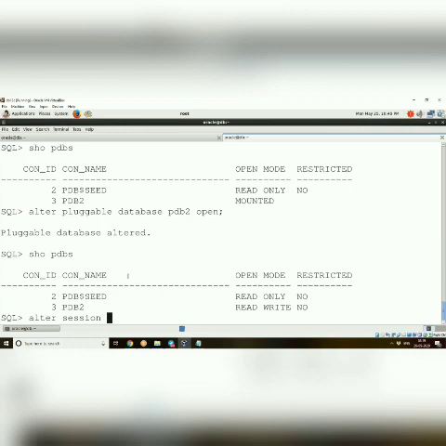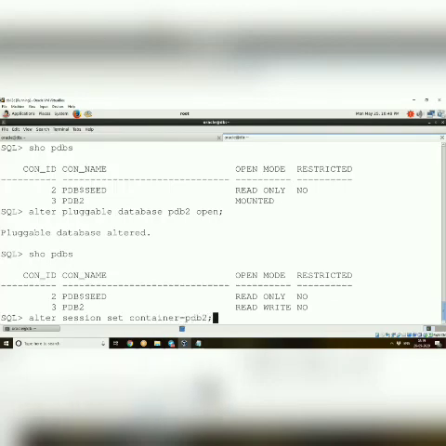That is, alter session set container equal to PDB2 we can give, or else connect sys/oracle@PDB2 using the listener also. If the client and the server are at different places, different locations, different servers, then we would proceed with using that @PDB2, that is using the listener. Okay, so now I'm just going inside: alter session set container equal to PDB2.